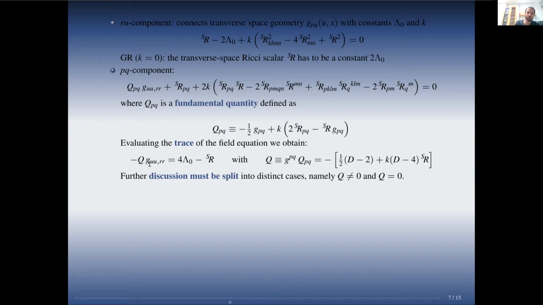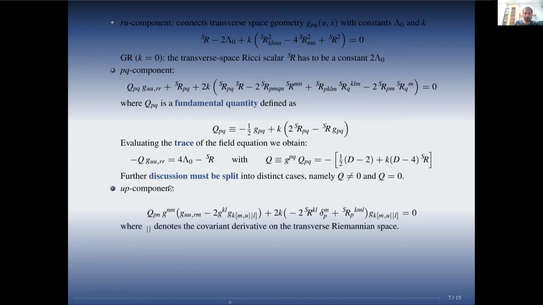And then you can simply twice integrate g_u with respect to r, and you will obtain some quadratic expression in r, but only in the case when q is non-vanishing. Okay, so the discussion has to be split. And now I would only like to list the UP component, which we can see restricts some coefficient in the g_u metric function and couples this coefficient with the u dependence of the transverse space metric. It means u dependence characterizes on which null surface we are.